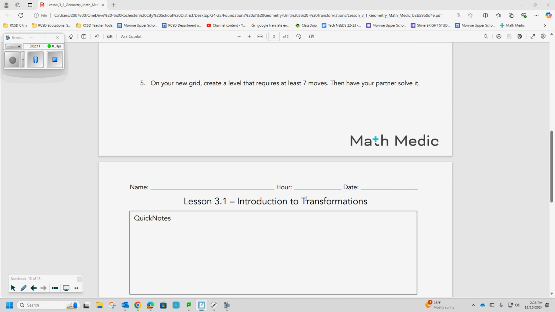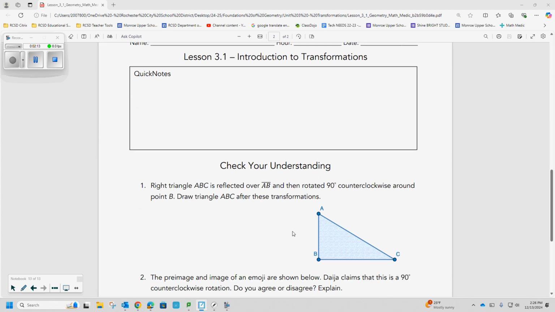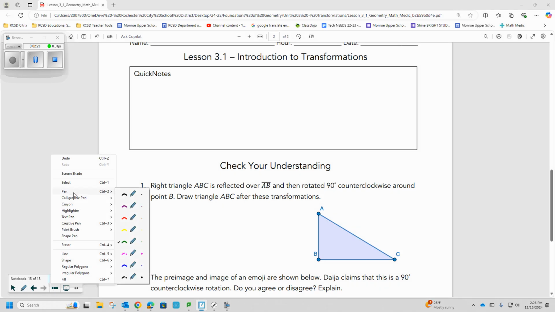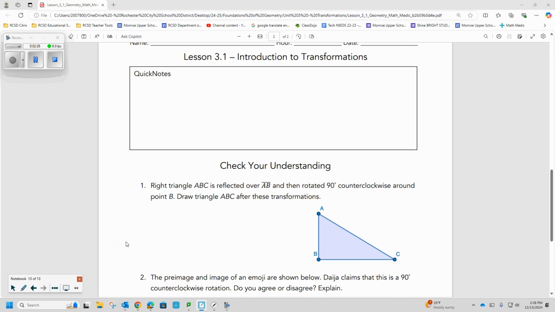All right, now that you've finished working with your partner, I have a few notes that I would like you to record in the quick notes section. Get my pen ready here. Okay, so the first thing, there are 3 types